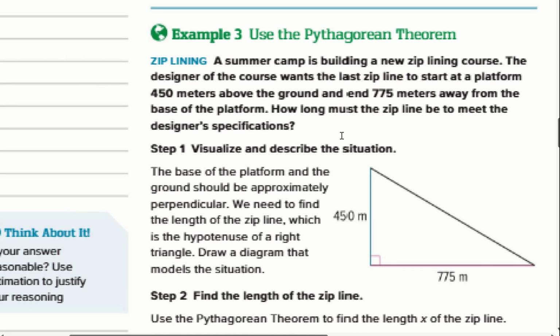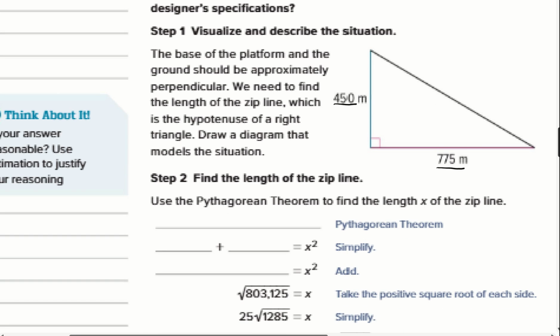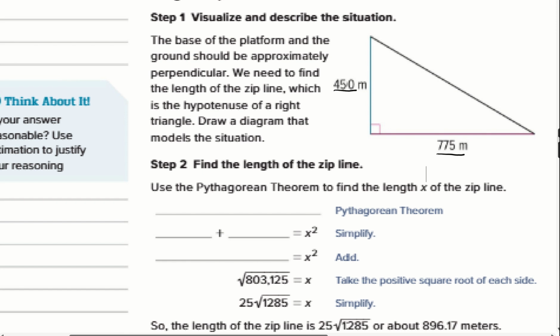Use the Pythagorean theorem. A summer camp is building a new ziplining course. The designer of the course wants the last zip line to start on a platform 450 meters above the ground, so there it is right there, and end 775 meters away from the base of the platform. How long must the zip line be to meet the designer's specifications? All right, visualize and describe the situation. The base of the platform and the ground should be approximately perpendicular. We know that it should be,